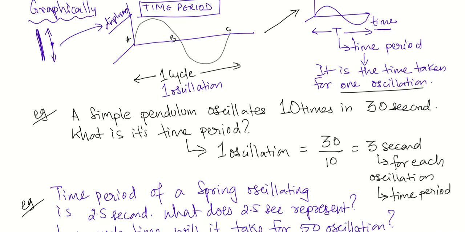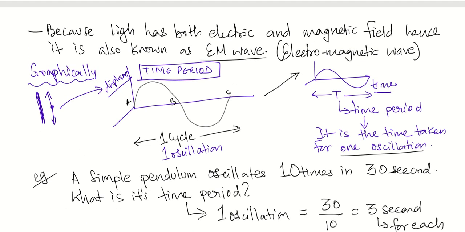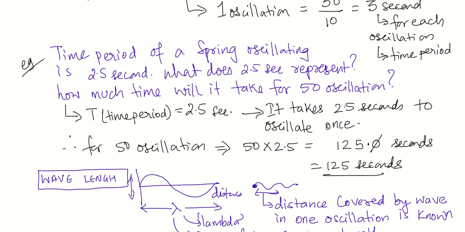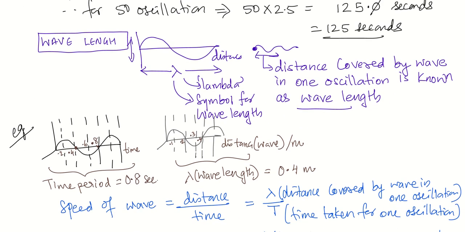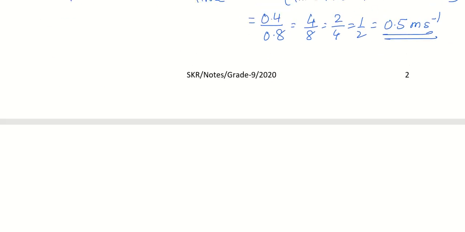And then we saw some simple questions. We understood what is time period here, time taken for one oscillation. We also understood what is a wavelength. Sorry, there is a spelling mistake here. Wavelength is the distance covered by a wave in one oscillation. Okay, and now we will end with just the topic of application